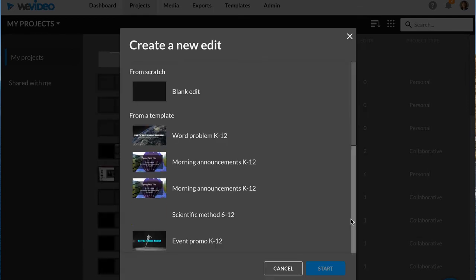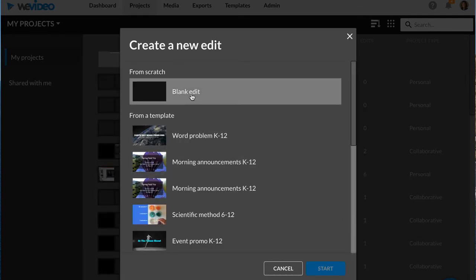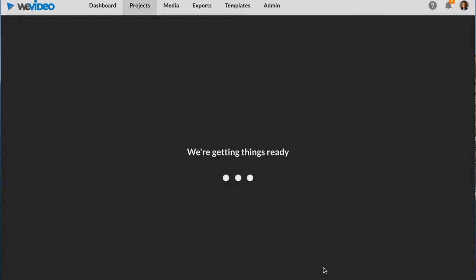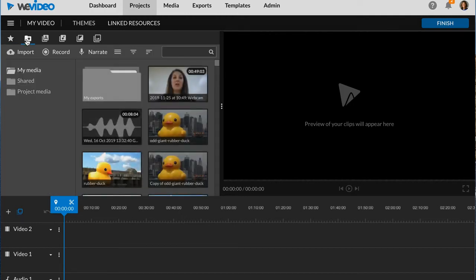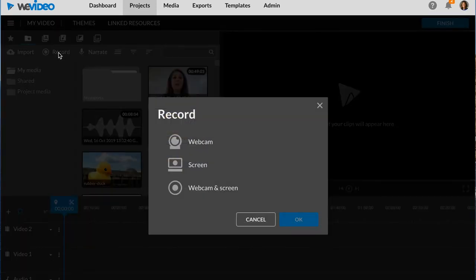And now I'm going to create video and select blank edit. And then start. So now I'm in the video editing screen, and to start my screen recording, I can click on the My Media icon at the top here, and you'll see a record option. So I can go ahead and click record, and then I can select what I want to do with my